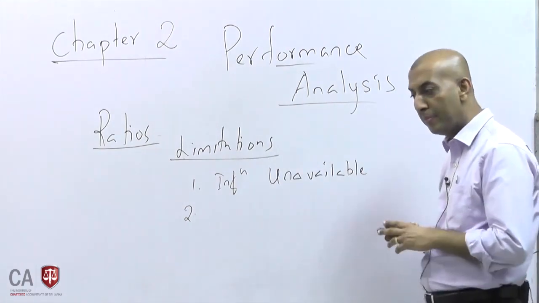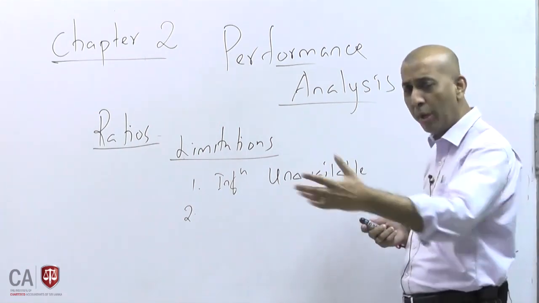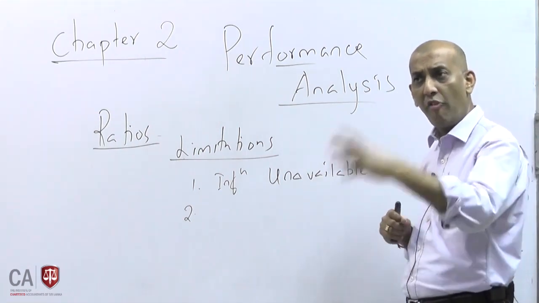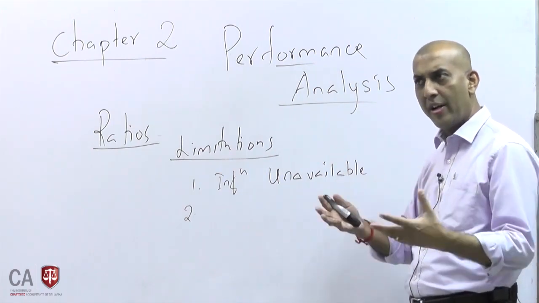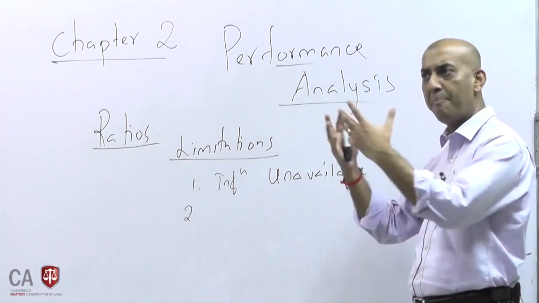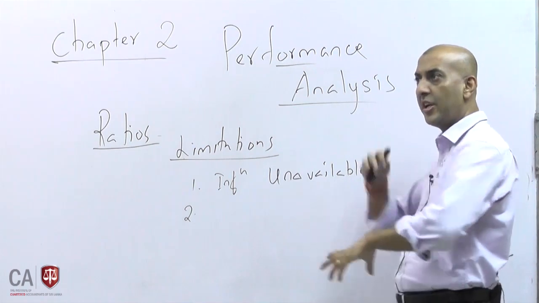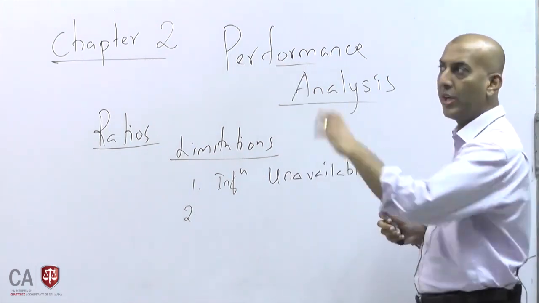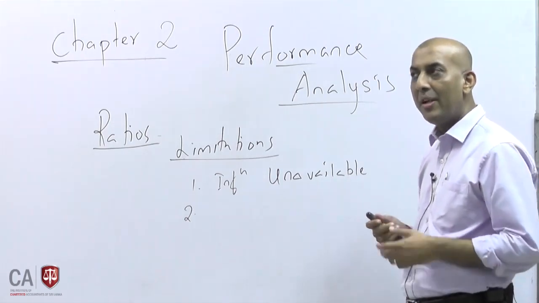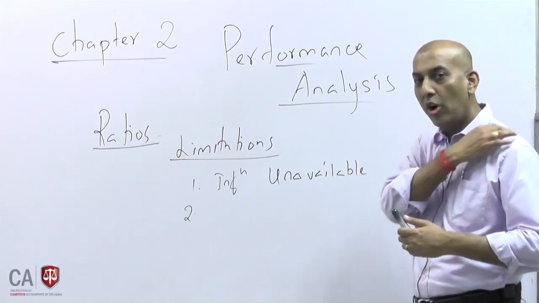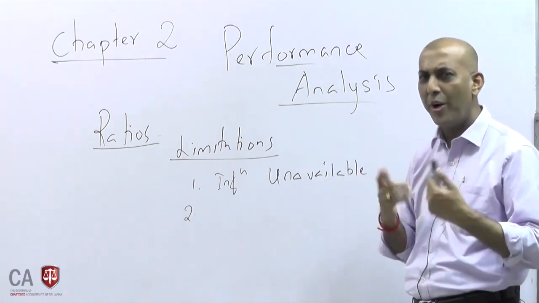Maybe say you are a company manufacturing water bottles. You need to compare your water bottle manufacturing company information with another water bottle manufacturing company. If that company is listed in the stock market, you can get the annual report and financials and compare with your performance. But if it is not listed, if they are all private companies, you don't have access to the private company information. So how do I compare?